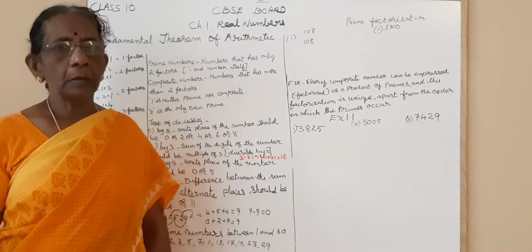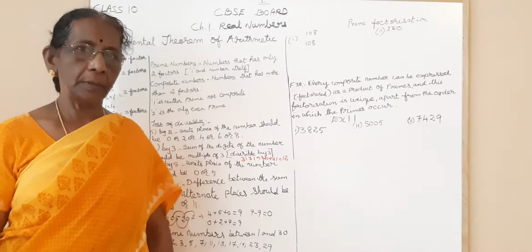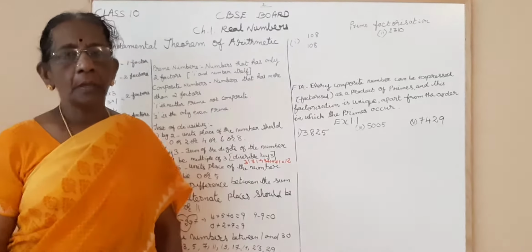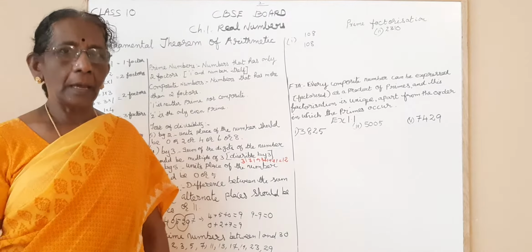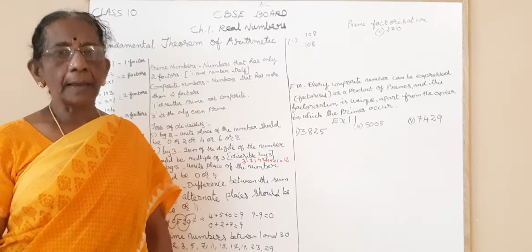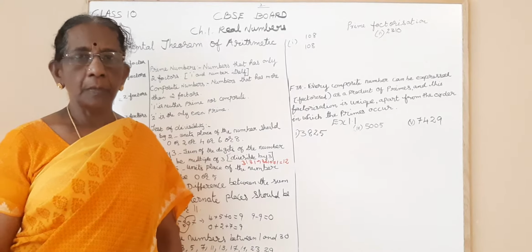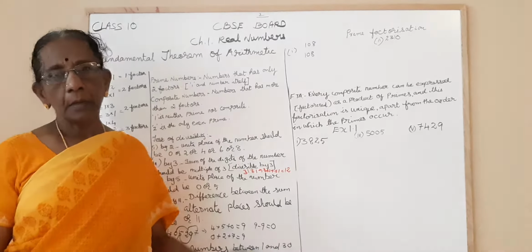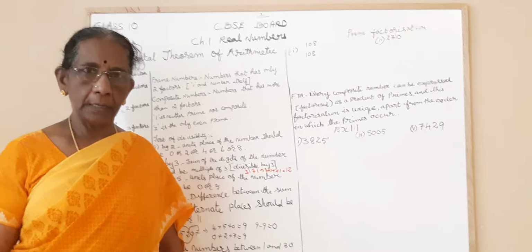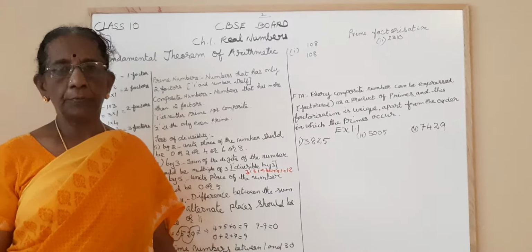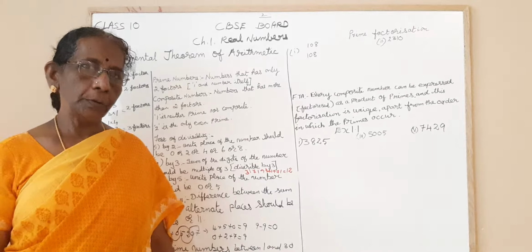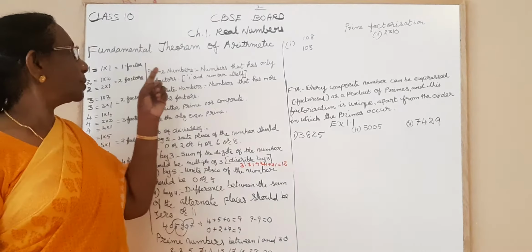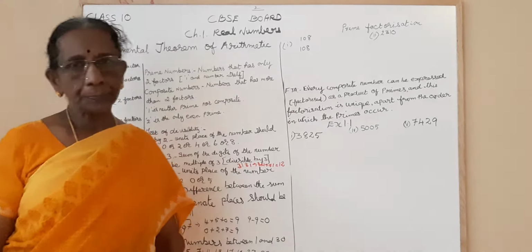And all of you know that CBSE has reduced the syllabus, that is 30% of the NCERT portions have been reduced, and I'll go according to the revised syllabus. Okay, and now here, fundamental theorem of arithmetic. In chapter 1, you have the fundamental theorem of arithmetic. But you will be getting questions to find HCF and LCM. You have to use only the prime factorization method. Okay, now I am going to give an introduction to the fundamental theorem of arithmetic today.